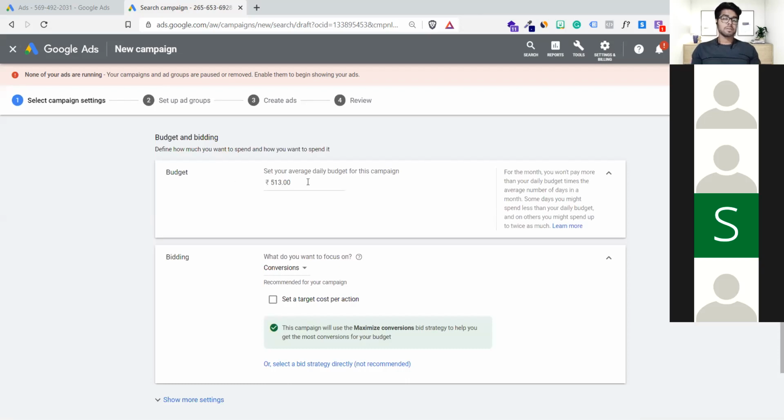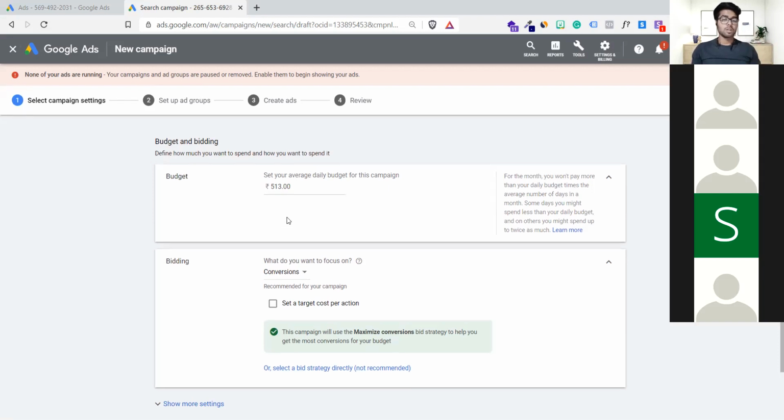I always give my budgets this way: 513, 413, 798, something like that. It's my habit, and I feel that sometimes it's good because Google is somewhat thresholding your limit according to your budgets and all. It happens because Google uses a lot of AI to control your budget spending the right way and everything.